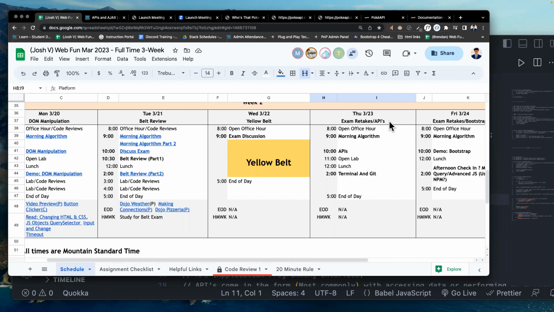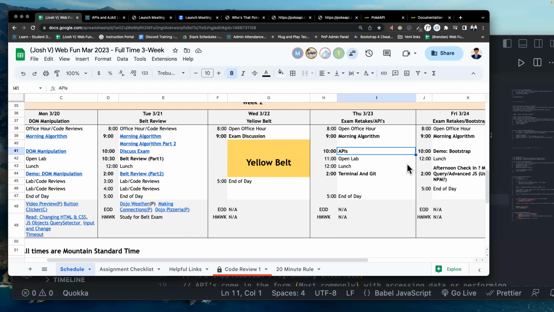We're going to be going over APIs as it says here. Then in the afternoon, we'll be going over the topics of terminal and Git. I believe everyone here should already have Git installed. So we're going to be talking about terminal, how it relates to Git. Okay, not installing Git and GitHub. We've already done that. More specifically, how we'll be relating terminal and Git together. But for now, we'll be doing APIs.